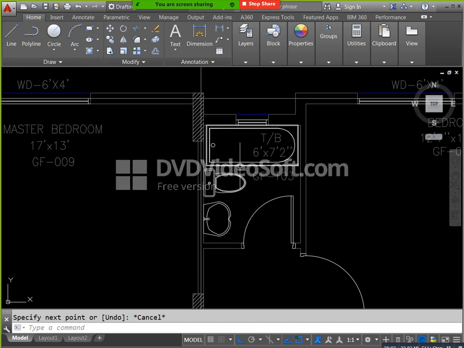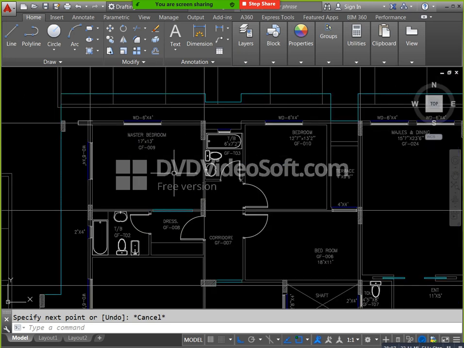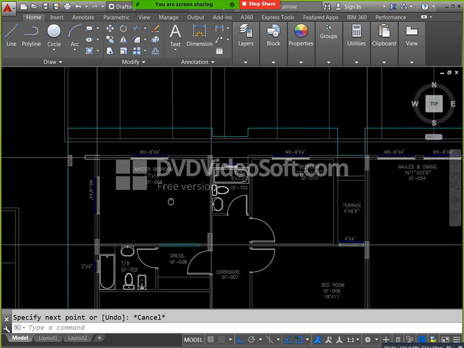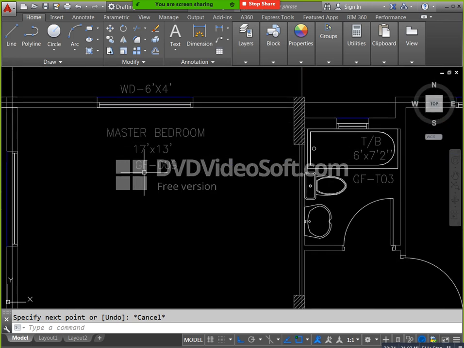For example, here we have the master bedroom, na. Here we mentioned ground floor 009, which means this is the ground floor and you can consider room number 9, and you can give that name. When we calculate, we can mention our space name. Space means nothing but a room, so we can find it easily. That is the identification.